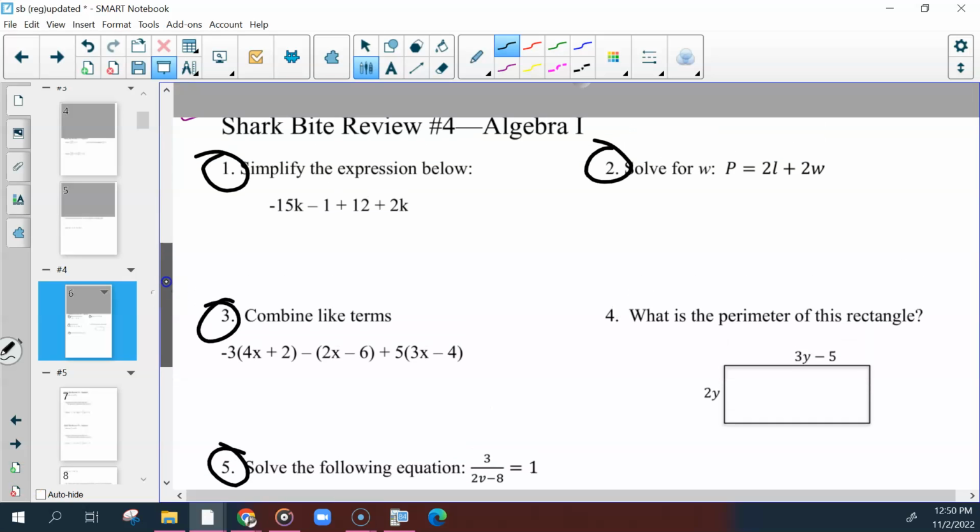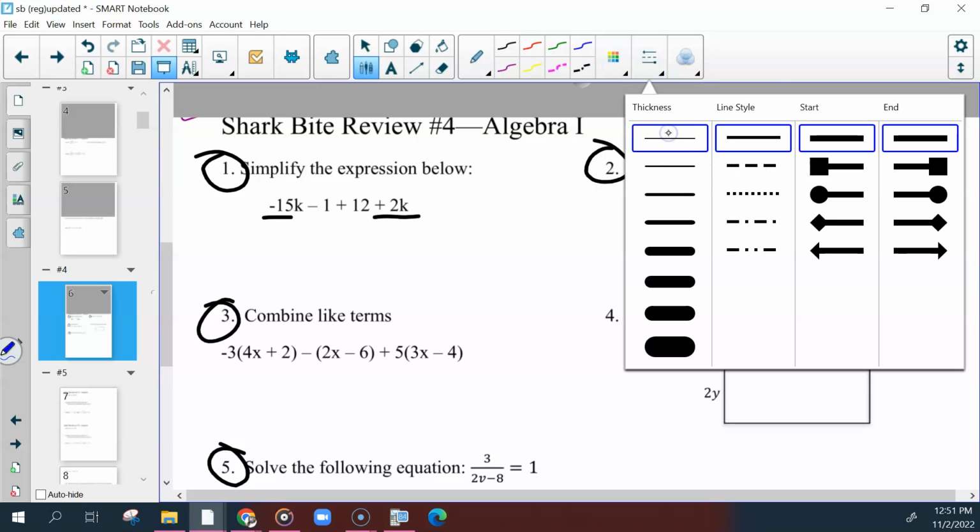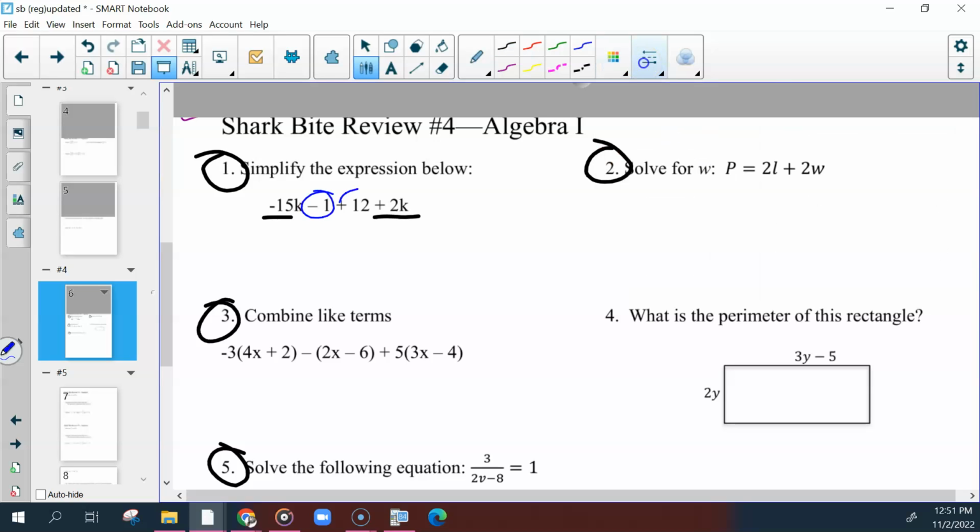2, 3, and 5. Starting with number 1, you had to simplify. Find your like terms. The ones with K's are like terms. The ones without K's are like terms, but to themselves. So negative 15 plus 2 would give us negative 13K. Negative 1 plus 12 would be a positive 11. That would be your final